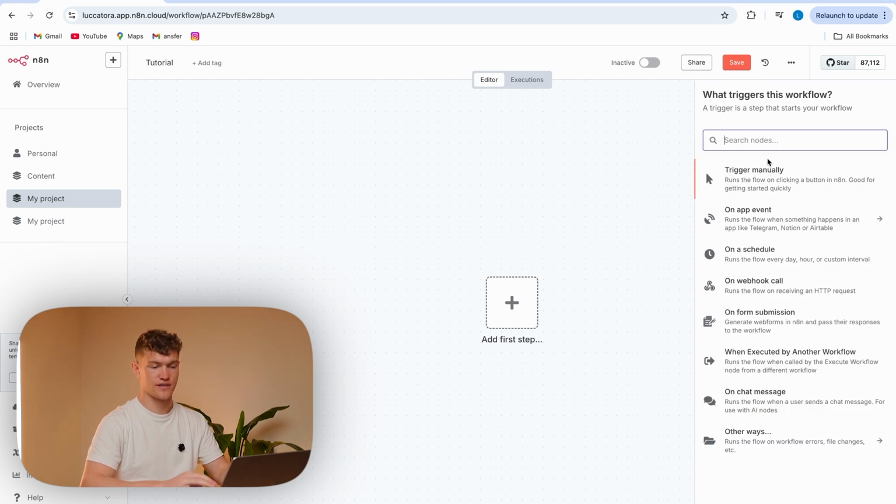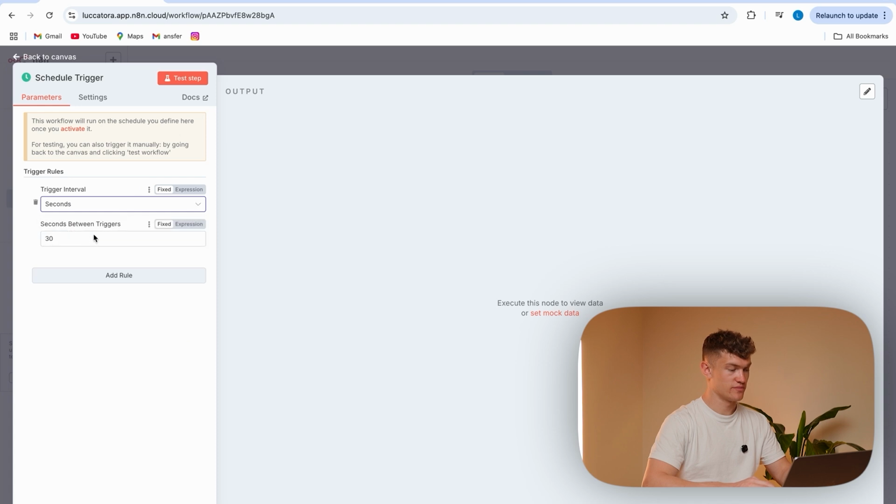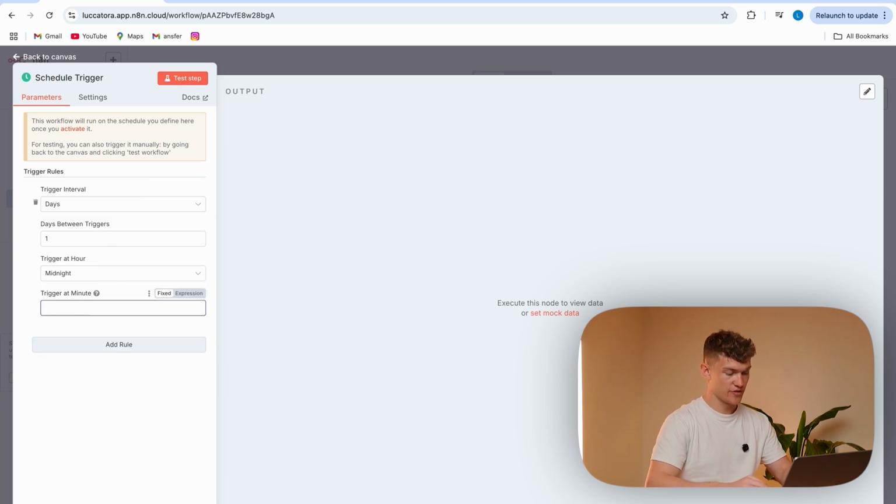So the first and probably the simplest one is on schedule. So we can set this to seconds, 30 seconds, minutes, hours, days, trigger at midnight, or 5 minutes past midnight. It's quite important if you're doing like loads of scheduled triggers in one workflow, space them out a little bit